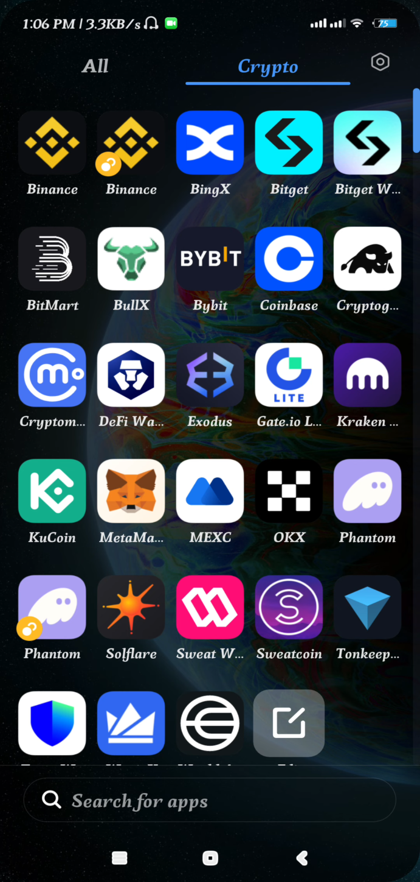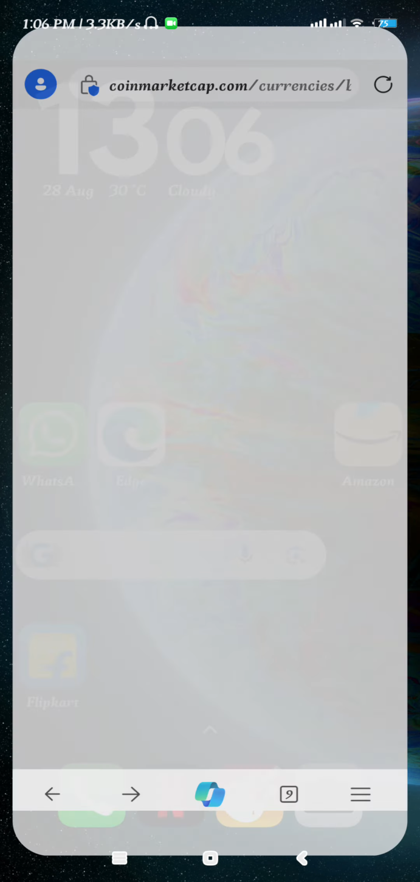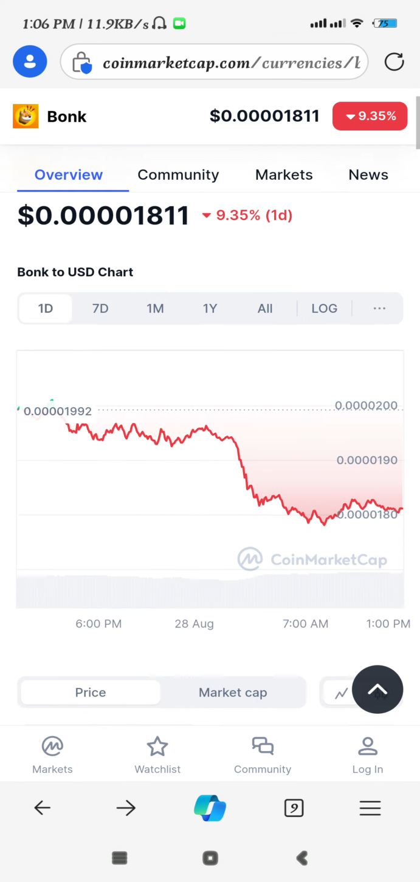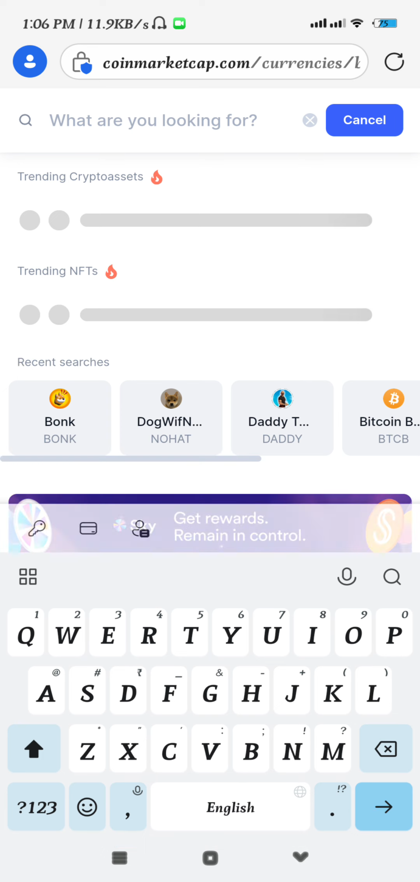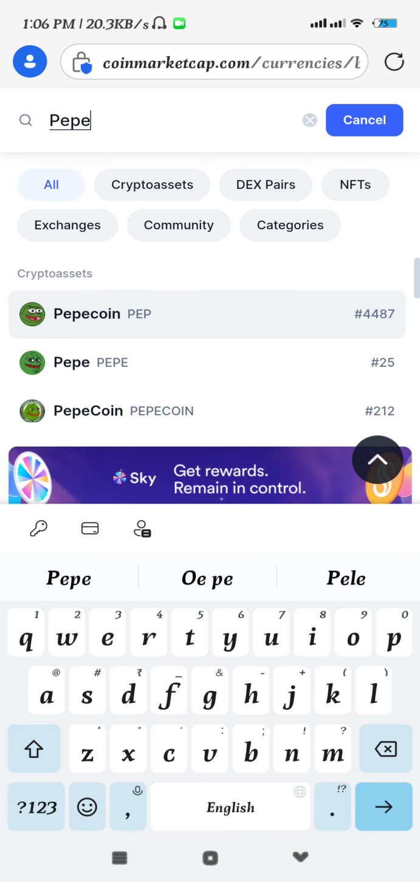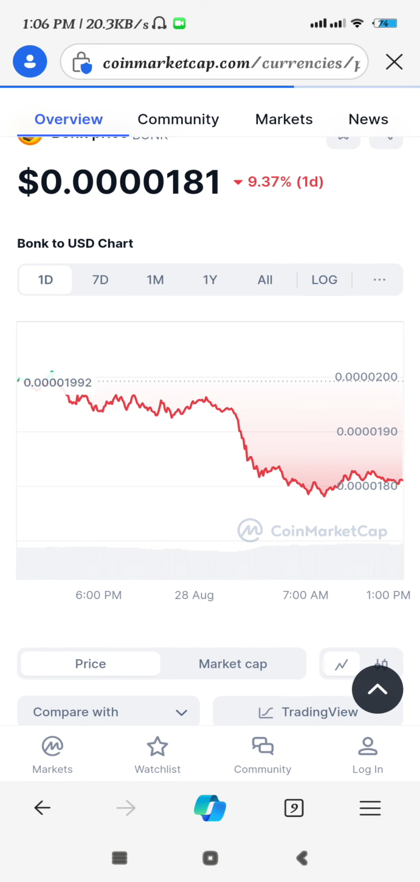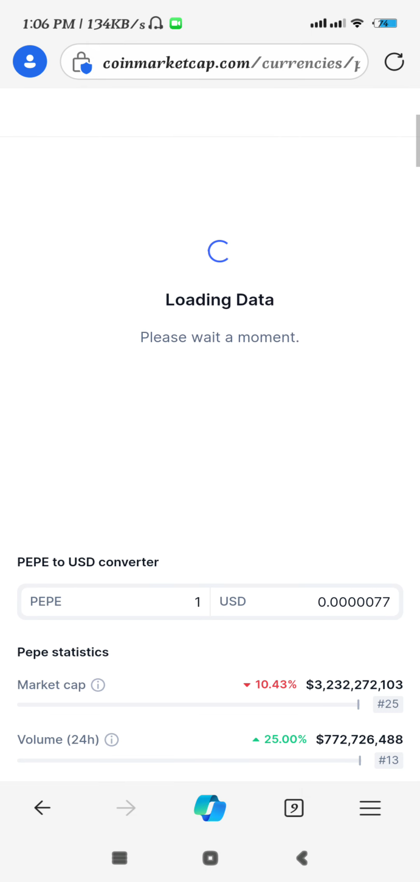In order to find it, you first need to launch any of your browsers, and here in the search bar you need to search for coinmarketcap.com. After that, use the search bar and search for PEPE. Once you are able to find the PEPE coin, you just have to scroll down a bit and you will